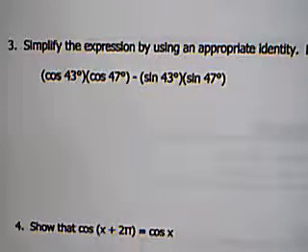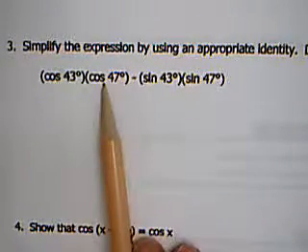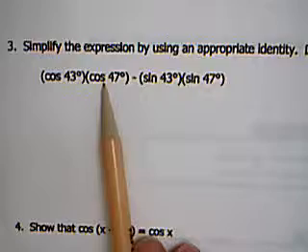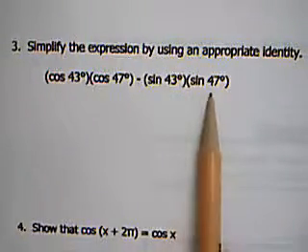Number 3 says simplify the expression by using an appropriate identity. Do not use a calculator. Okay, again, as you're looking at this on the homework, you need to decide which identity this would match up to. So I have cosine of 43 degrees times cosine of 47 degrees minus sine of 43 degrees times sine of